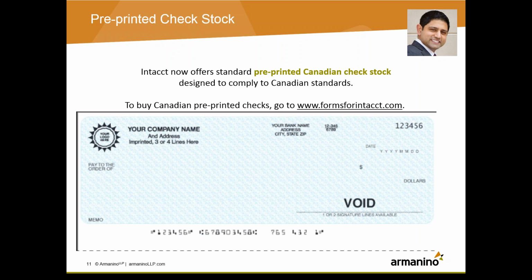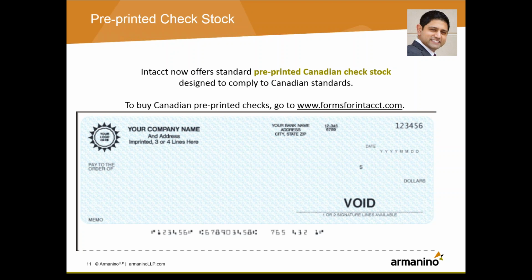All right, so what's next in terms of workflow updates? Pre-printed check stocks, and I've actually had quite a few clients with Canadian entities over the past several years, and we've always stated that if you've got a Canadian entity that you operate from, you are not able to utilize pre-printed check stock. Pre-printed check stock is only for clients that are essentially based out of the U.S. So prior to this release, those Canadian entities were utilizing blank check stock that was printed from MICR